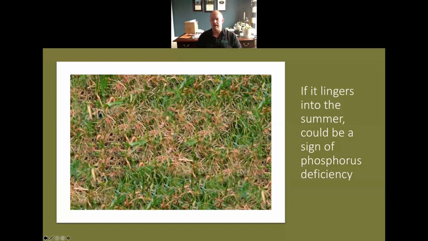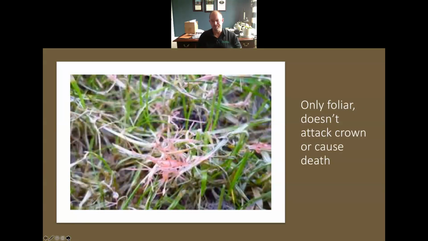And they actually found out that when they looked at a couple different, I think they picked an entranceway at a Walmart or something like that, and they did some trials with a client down there, where one side got a fertilizer without phosphorus in it, and the other side got a fertilizer with phosphorus in it. Lo and behold, the side that got that little bit of phosphorus put down ended up clearing up and recovering, but the side that didn't continued to show signs of the disease. So, again, if we see this, it could be an indicator of